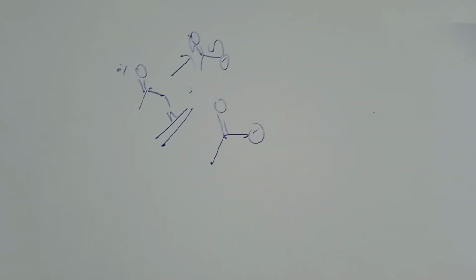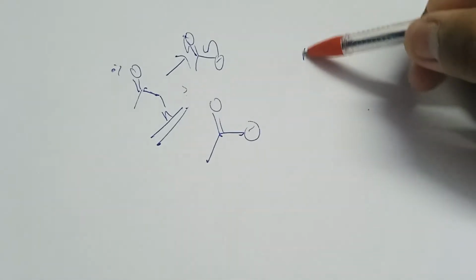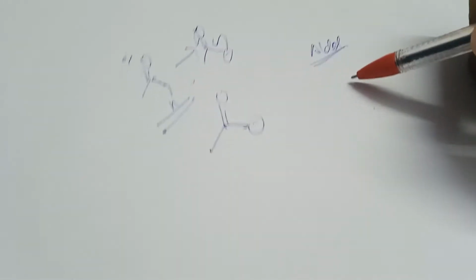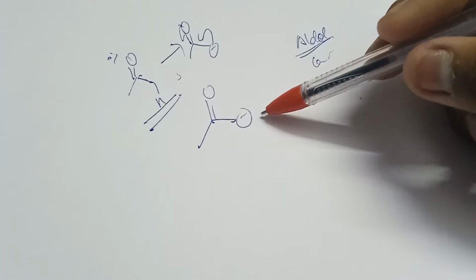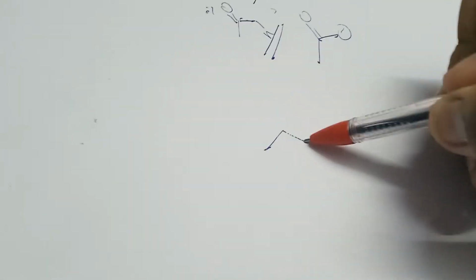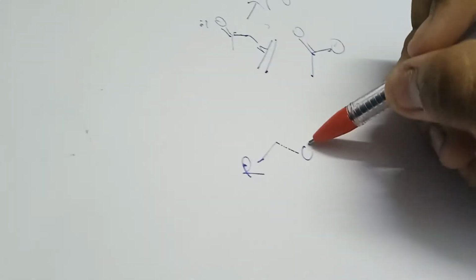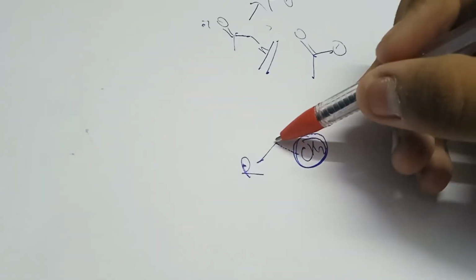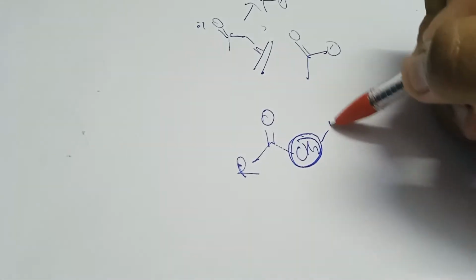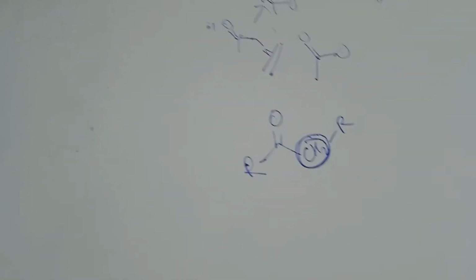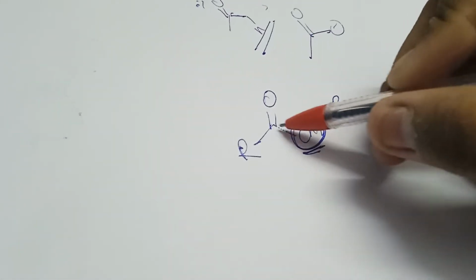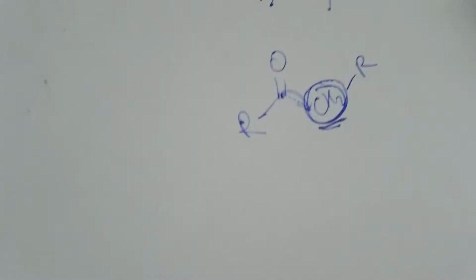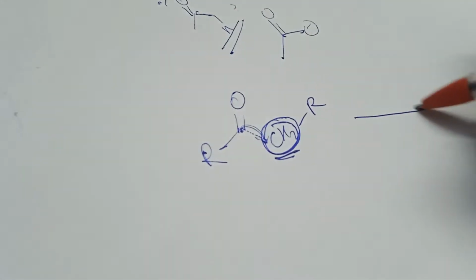In aldol reactions, the name aldol is due to the product which would be formed in this reaction, and aldol condensation is its actual name. This is true for all aldehydes or ketones. The requirement is that we must have an alpha hydrogen with respect to the carbonyl group. So we react it with NaOH,